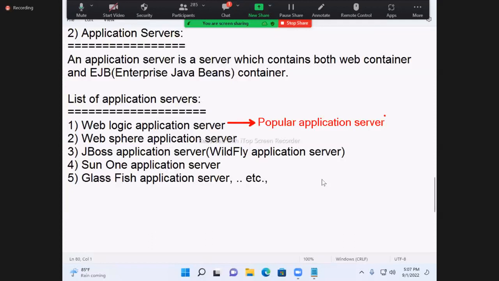See, WebLogic server, world number one server. Almost 57% of the industries are using only this server. The remaining 43% is all the other servers put together.